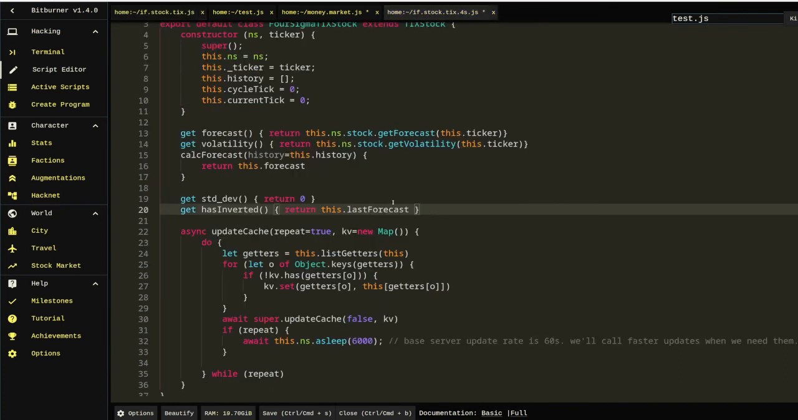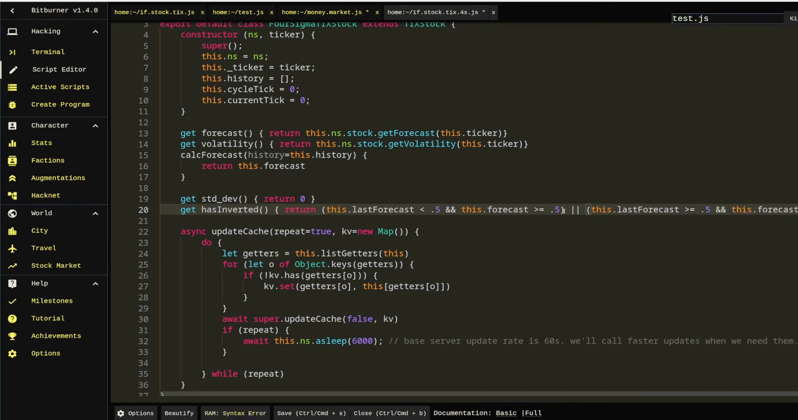God, I'm drawing a blank here. How about this? It matters so little, and yet I want to get it right. So if the last one was below 0.5 and the current one is greater than 0.5, or the opposite. And we'll wrap all that up in a parens and then say, and